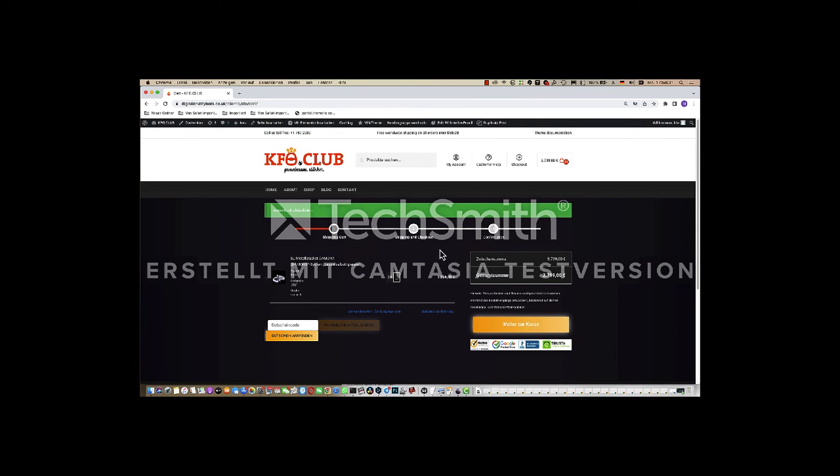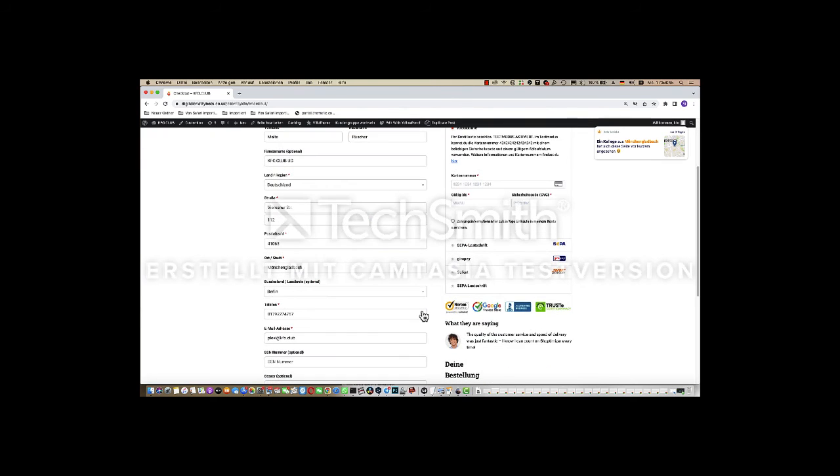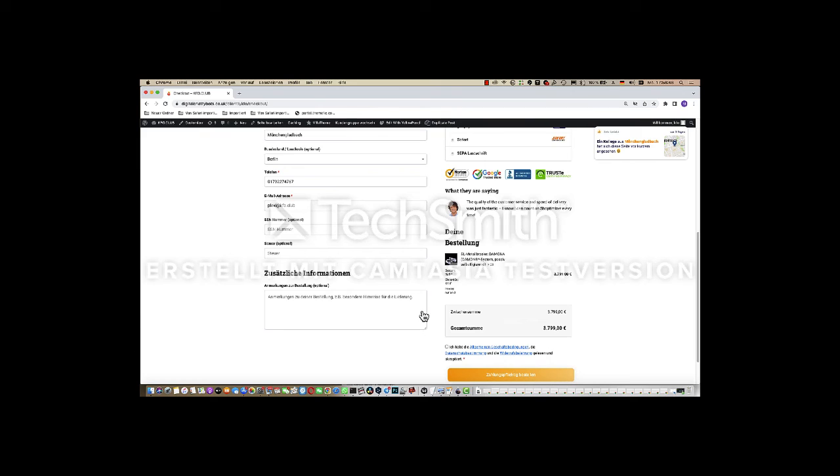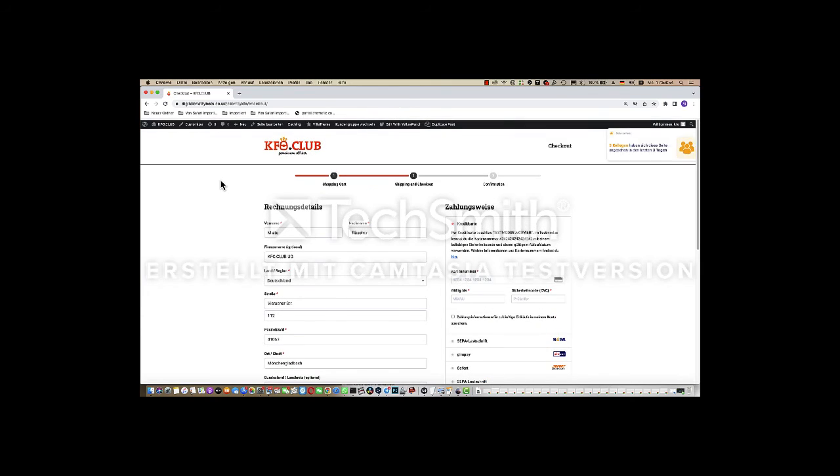So again, if I go now to checkout, yeah, this looks much better, but of course the background is white. If I would invert everything, then I would get what I have on all the other pages.